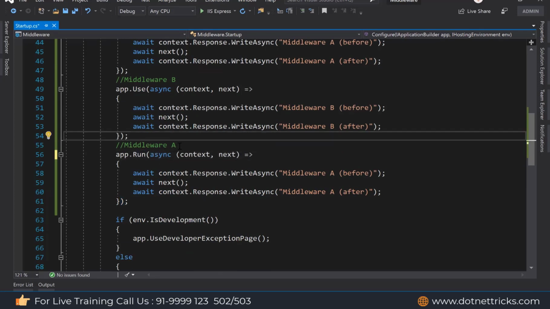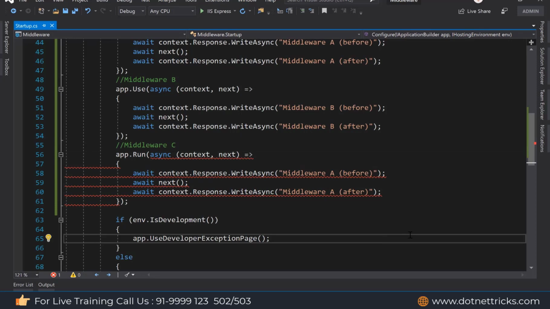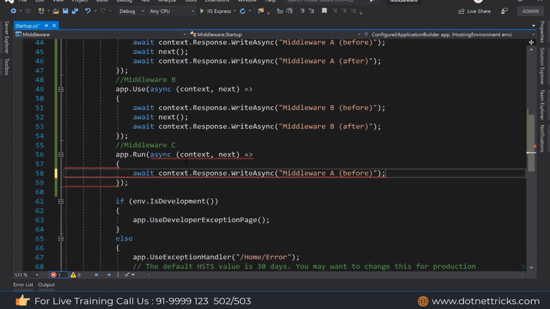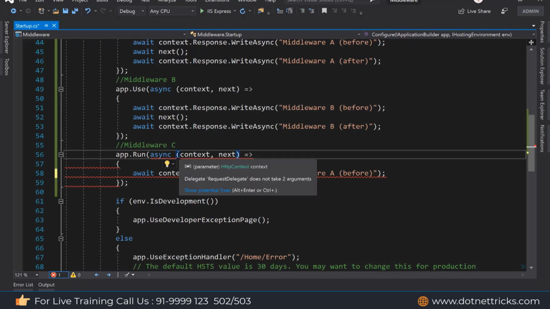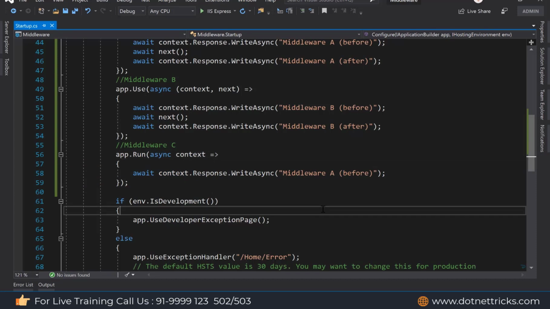The Run method should be mentioned in the middleware pipeline last, because it terminates the middleware pipeline. So it does not contain next. It should be only async context, having only one parameter.